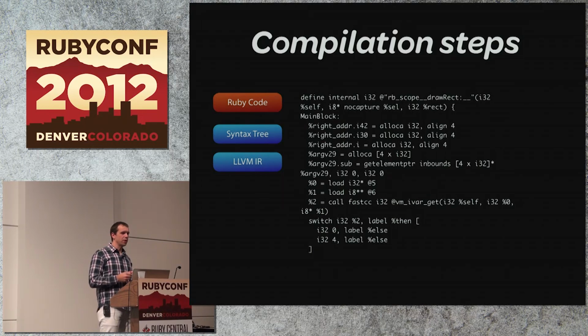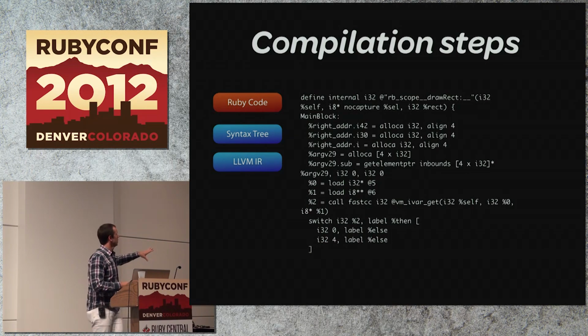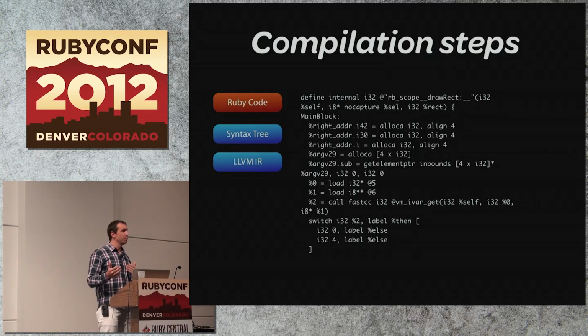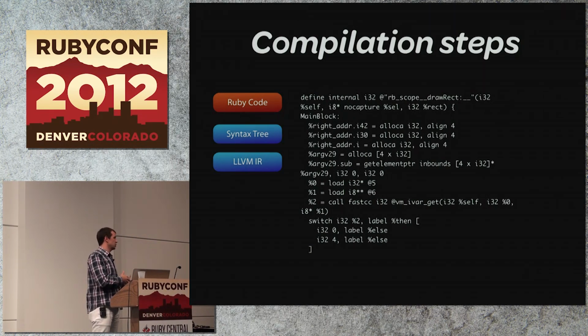And it's a place where you can actually apply optimizations to the code. So at this step, there's all kinds of optimizations. And by the way, the LLVM team has created a whole series of optimizations: reorganizing code, removing dead code that you don't reach, right? It can do a lot of those things. HipByte has actually created a whole series of optimizations for the Ruby language itself as part of this compilation process. Things like instance variable access speed increases. So accessing instance variables instead of just looking them up in a hash or something like that.